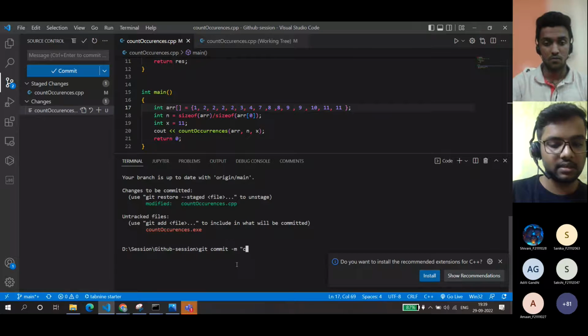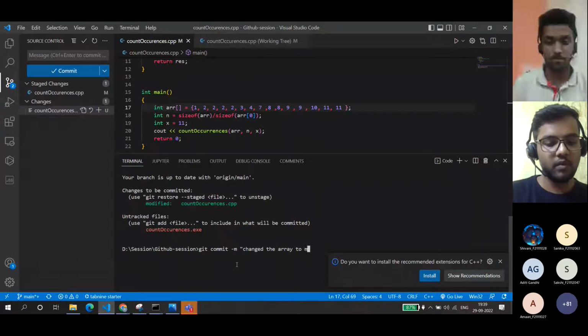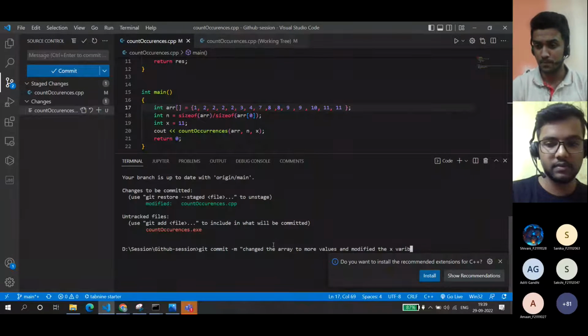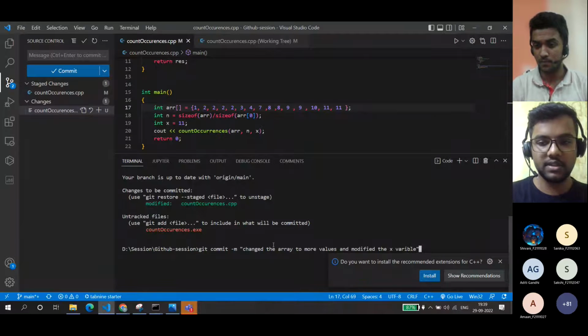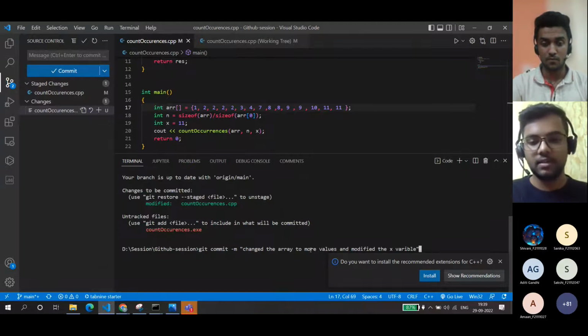So here you can say, hey, I changed the array to more values, and I have modified the x variable. This is the commit message that I put for him. So he might as well know what the major part of the change is.